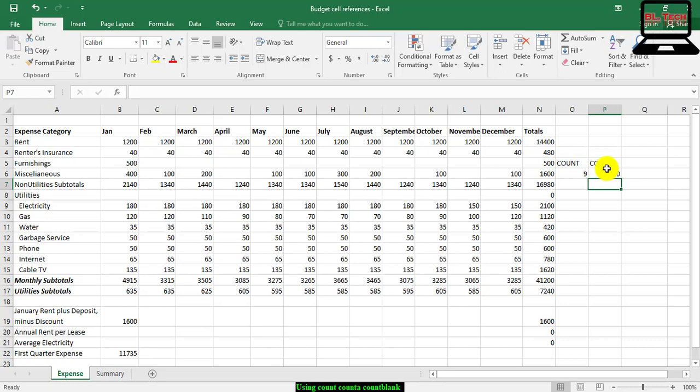The result 10 is the number of non-blank entries in the range.